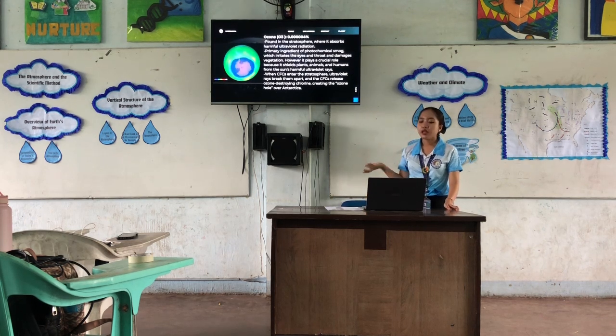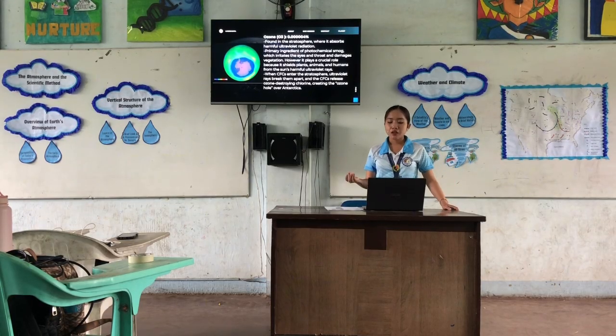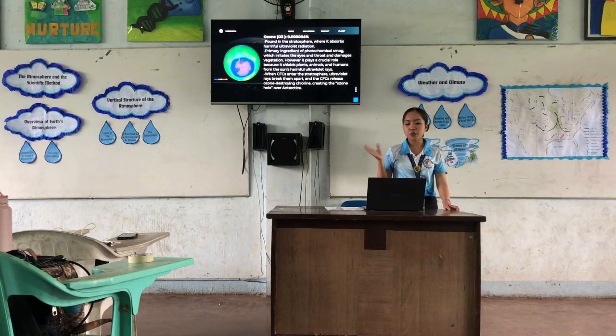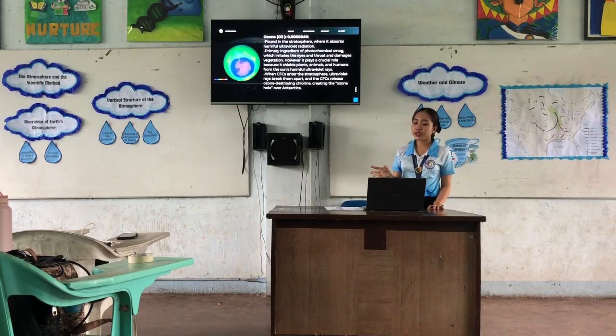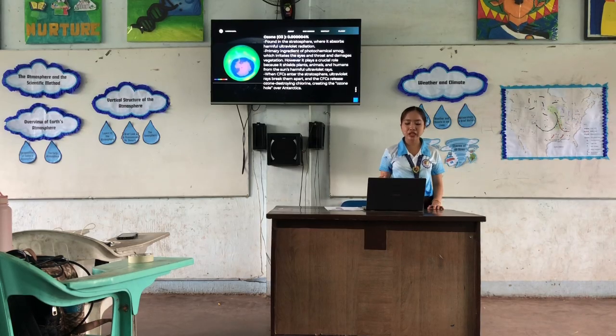Then we have ozone. It is found in the stratosphere where it absorbs harmful ultraviolet radiation. It is also a primary ingredient of photochemical smog, which irritates the eyes and throat and damages vegetation. However, it plays a crucial role because it shields plants, animals, and humans from the sun's harmful ultraviolet rays. So when CFCs enter the stratosphere, ultraviolet rays break them apart and the CFCs release ozone-destroying chlorine, creating the ozone hole over